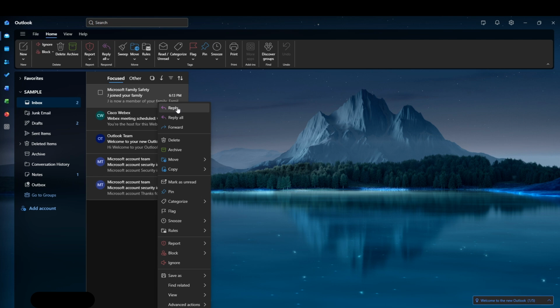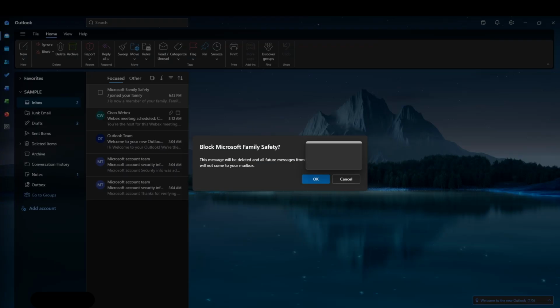With the message selected, right-click it to open the context menu. In that menu, look for Block. Then choose Block Sender. Outlook may ask you to confirm. When you approve, Outlook adds that address to your blocked senders list and moves the selected message to the junk email folder. From now on, new messages from that sender will be routed to junk automatically, so they won't interrupt